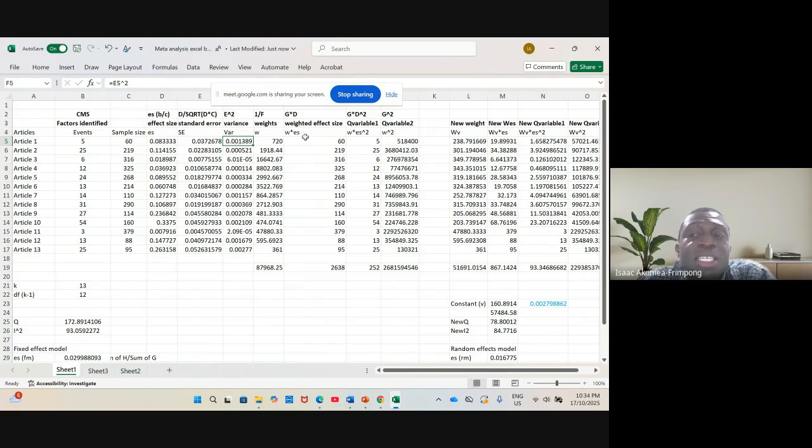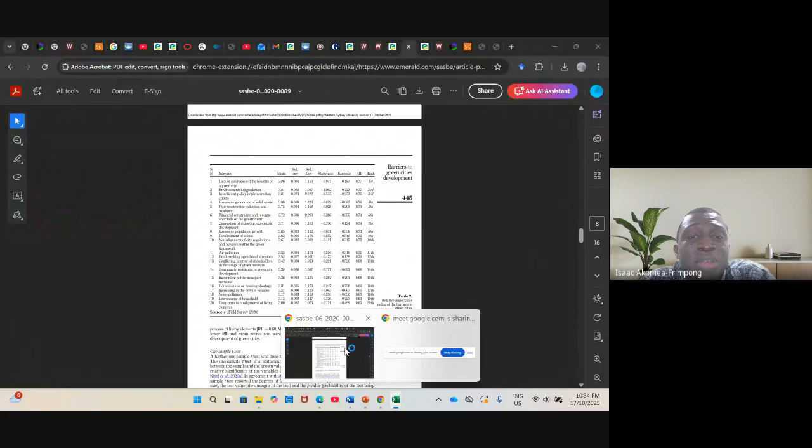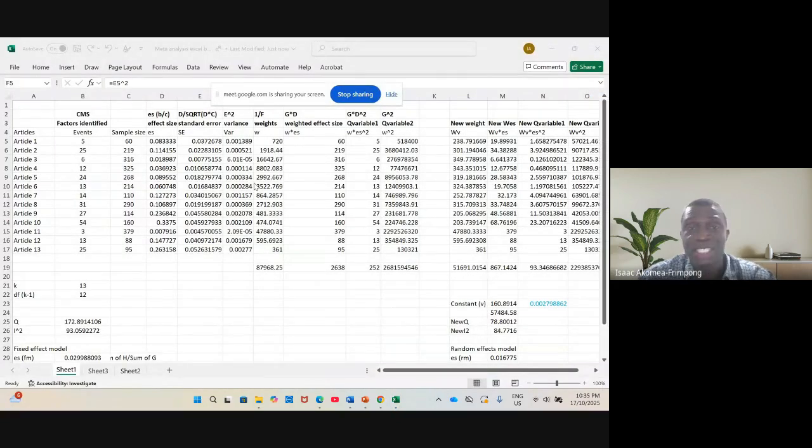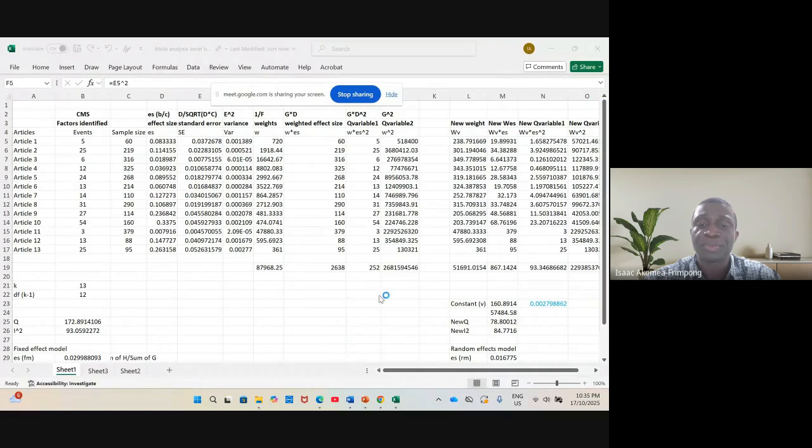But most of the things here are not really needed. I did this because there is a paper I want to show you. I tried to do it manually. This approach is for when you want to do it manually without using software. When I say manually, it means you are using the Excel sheet to generate your meta-analysis results. So if you want to follow that, there is a paper here